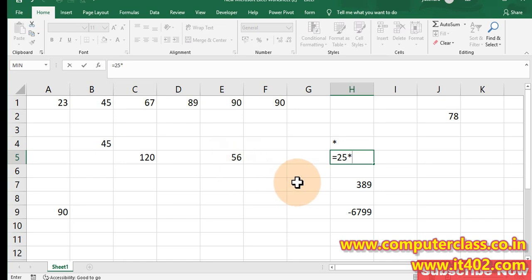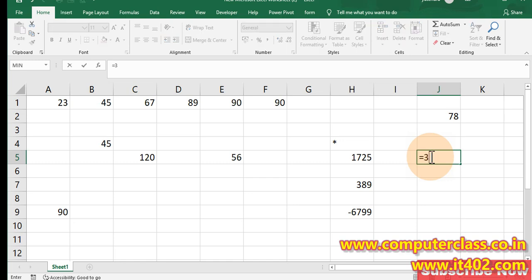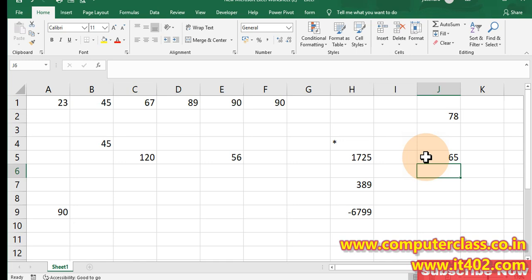Multiply by this number, like that. You can also divide, like equal to 325 divided by 5. So we are not using the formulas which Excel has already given us. We are working with our own methods like we did in mathematics.